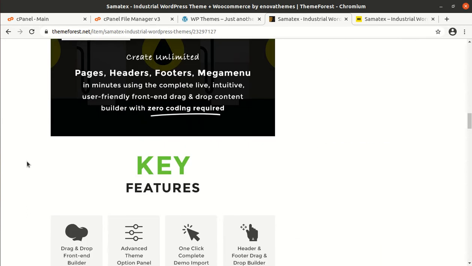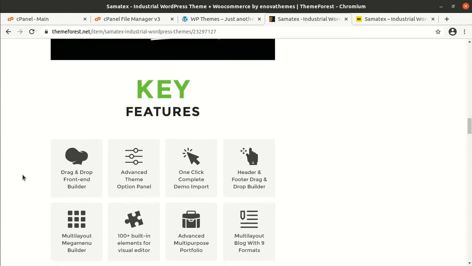This theme has the feature to create unlimited pages, headers, footers, mega menu in minutes.